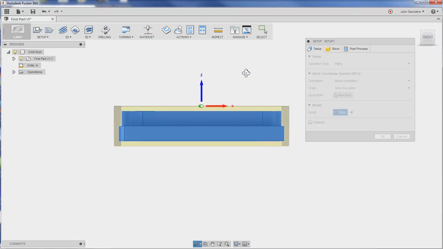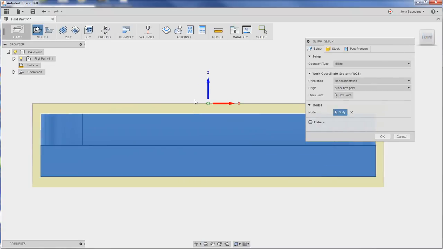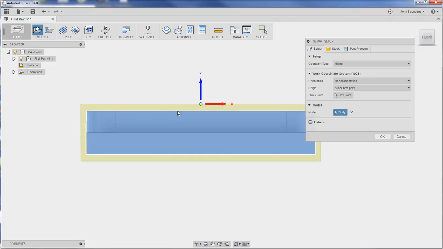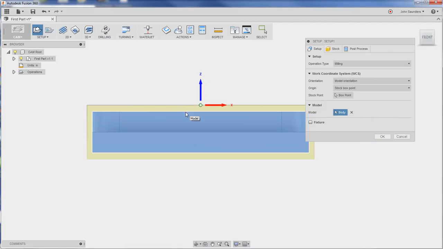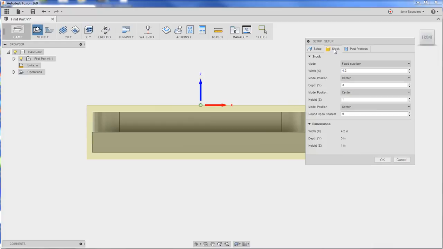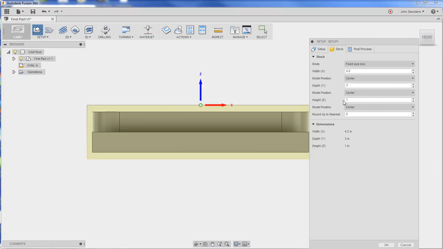The next thing that we want to do is we want to set where the stock is located, so that we're just leaving about 10 thousandths to clean off with our face mill. So I'm going to change the origin to, actually we can leave that the same. I'm going to change the stock model position in the Z. So if you see here, our height is 1 inch, that's okay, but the model position, instead of it being centered, I'm going to say offset from top